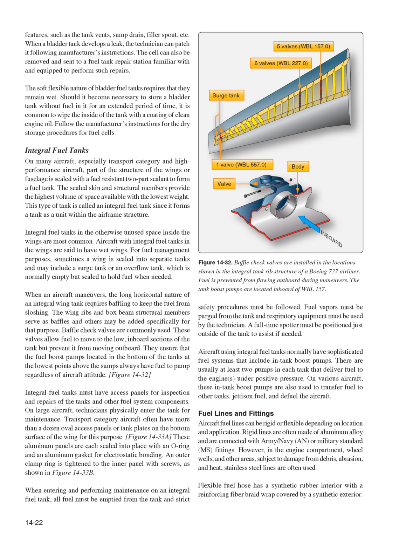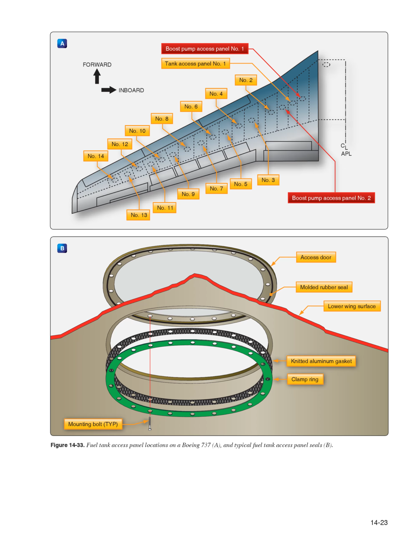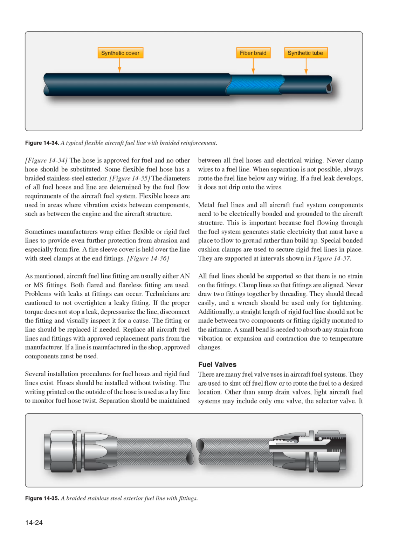However, in the engine compartment, wheel wells, and other areas subject to damage from debris, abrasion, and heat, stainless steel lines are often used. Flexible fuel hose has a synthetic rubber interior with a reinforcing fiber braid wrap covered by a synthetic exterior. Some flexible fuel hose has a braided stainless steel exterior. Figure 14-35. The diameters of all fuel hoses and lines are determined by the fuel flow requirements of the aircraft